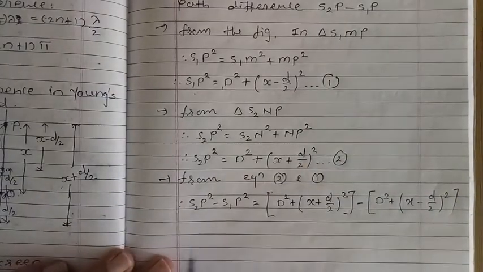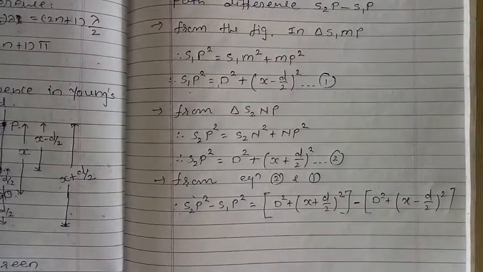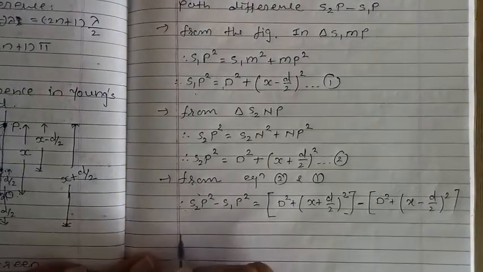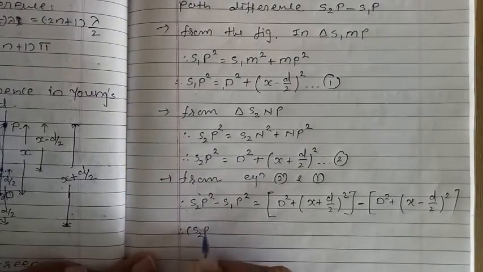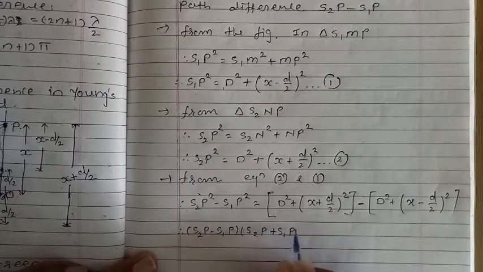Now we know a square minus b square equals a plus b times a minus b, so we can write S2P minus S1P times S2P plus S1P